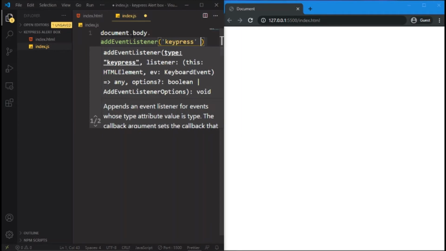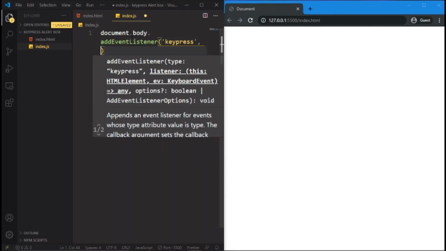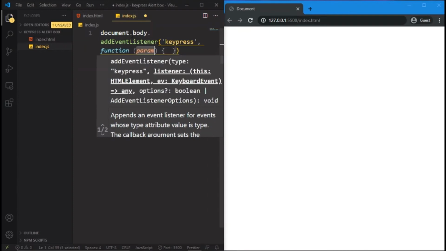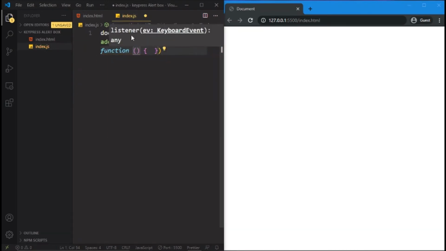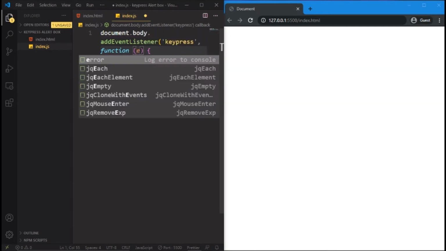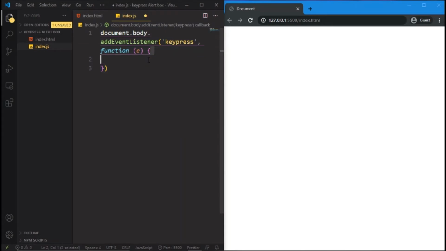and on the key press we also want the function, right? And in the function we're going to add this e and open this bracket, and make sure you have this e over here, right? That is the event. And now over here what we are going to do is alert, and in this template string we are going to type